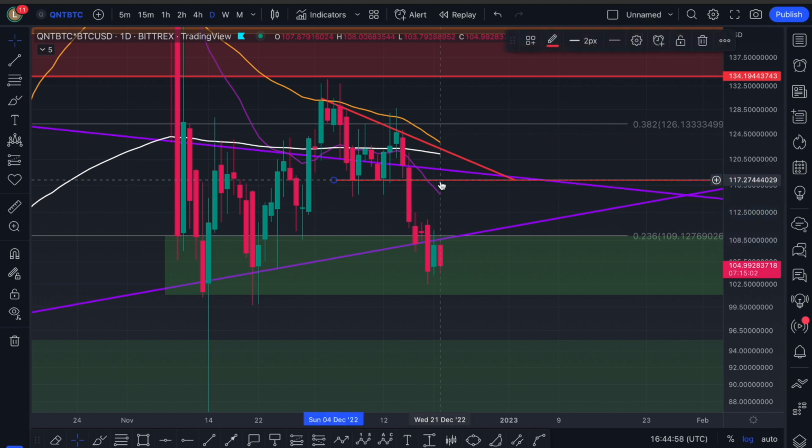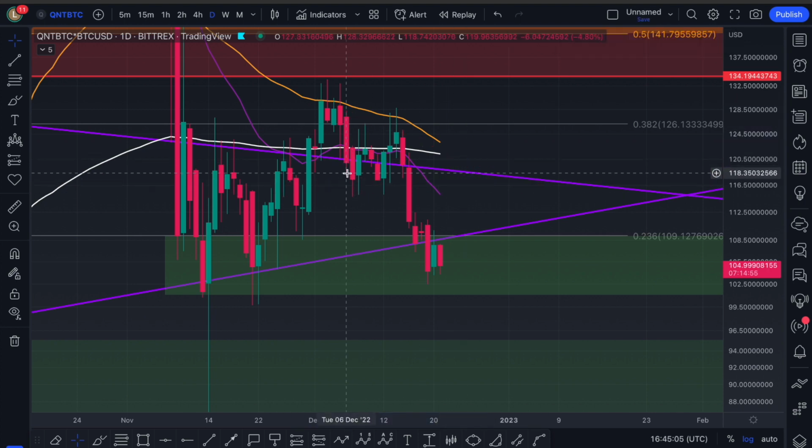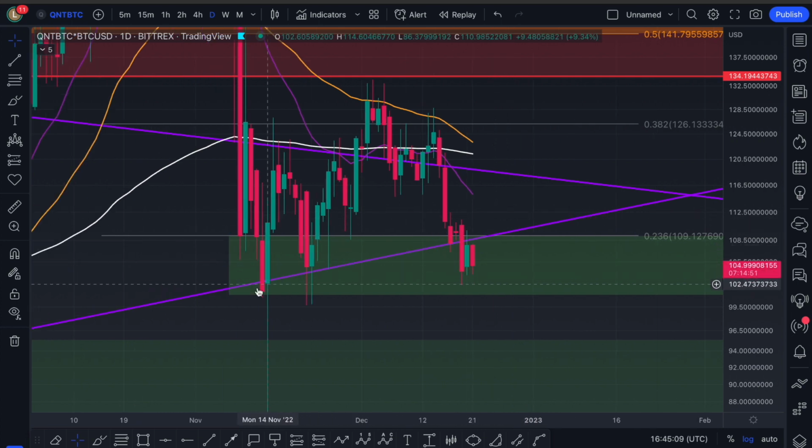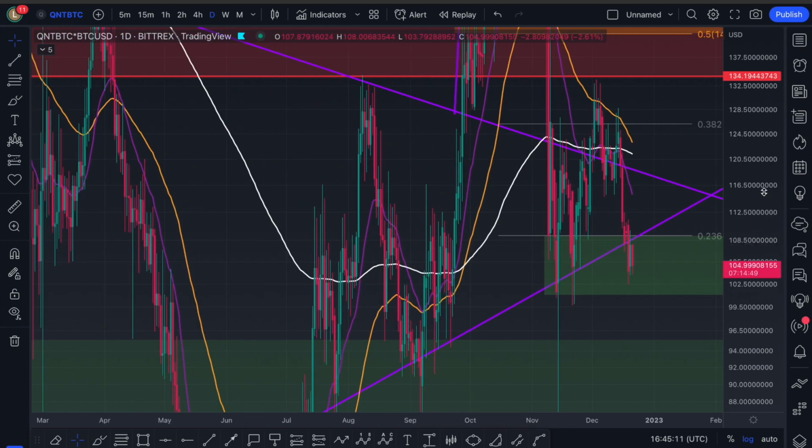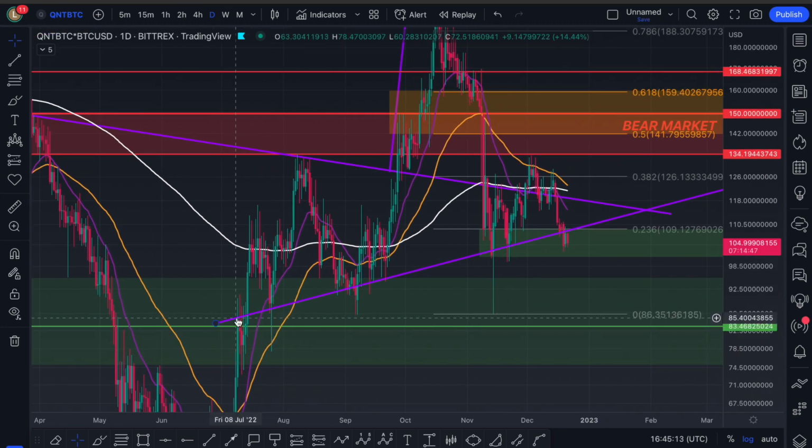So now I can just get rid of this. But again, if we come up towards 114 to $117, this is resistance. Expect to just drop down from here if we get up there. At the moment, you can see we have this uptrending line over here, and going through these points,